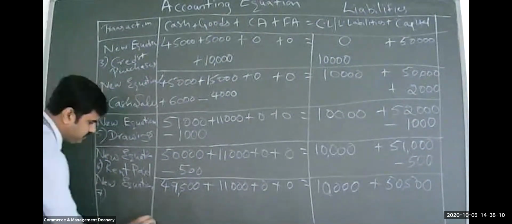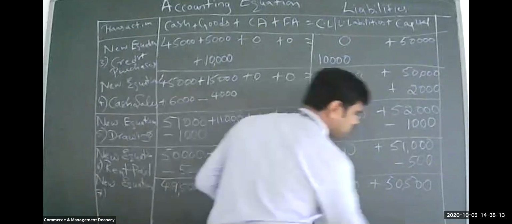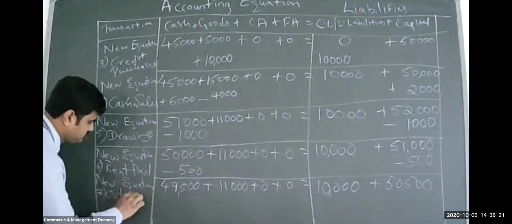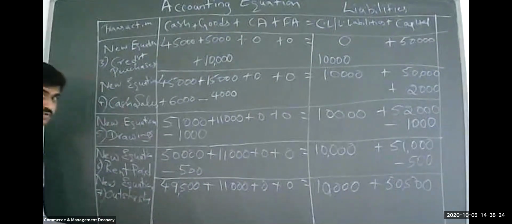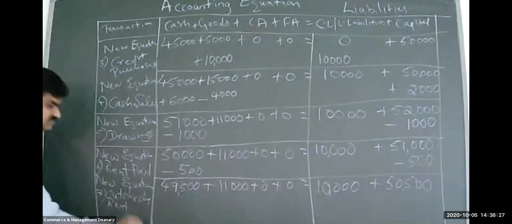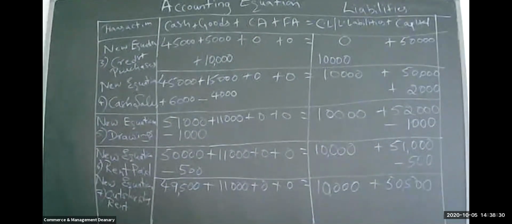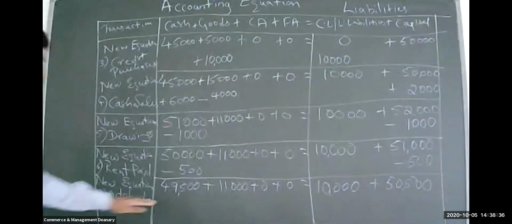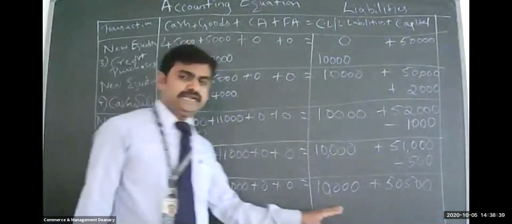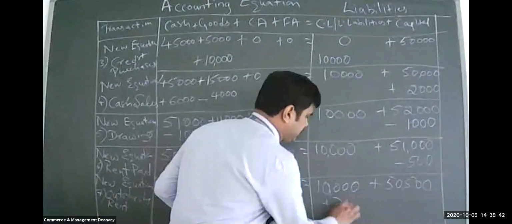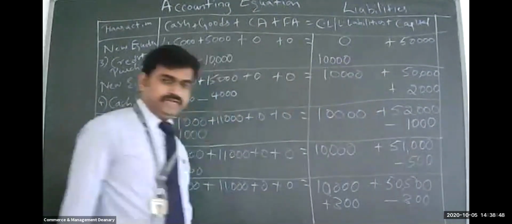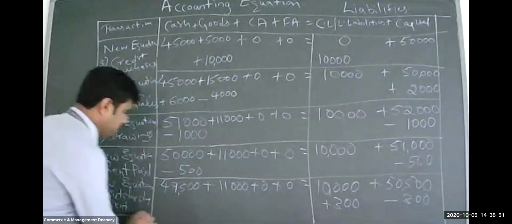What do you write as the transaction name? Outstanding rent. How much? 300, right? Yes, sir, 300. So no cash is going out, so don't put anything on the cash. We are creating a liability right here, plus 300, and then the owner has to pay it, so minus from his account. Now write down the new equation.